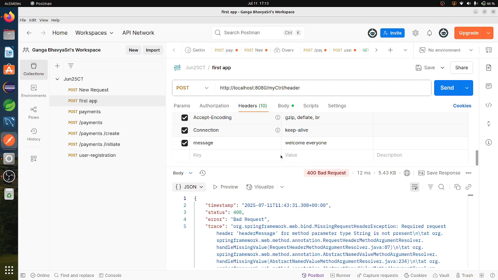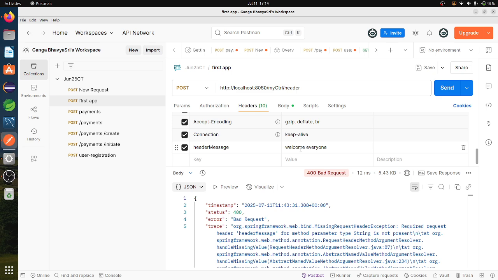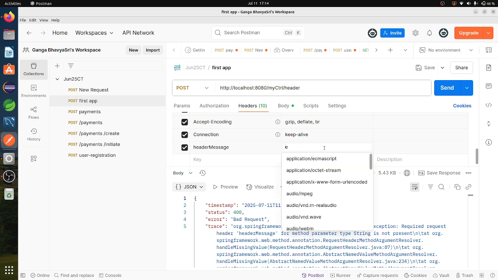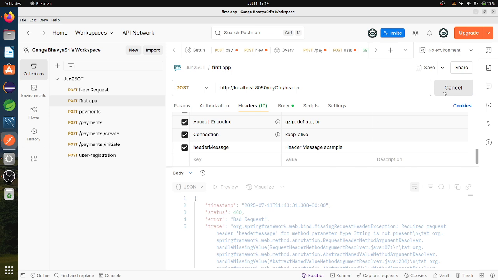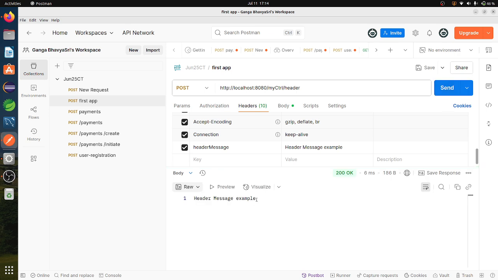Here I am taking header message, I will pass the same thing here, and here I will say header message. If I send the request now, it is giving me whatever value it is taking as header.